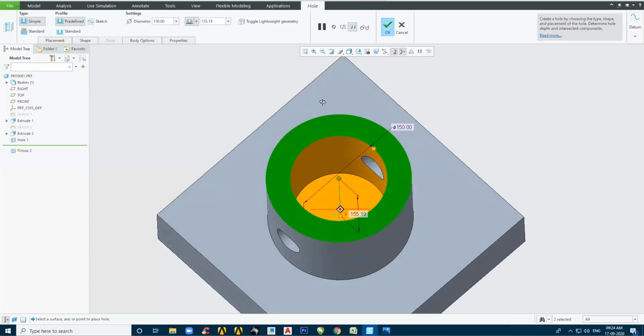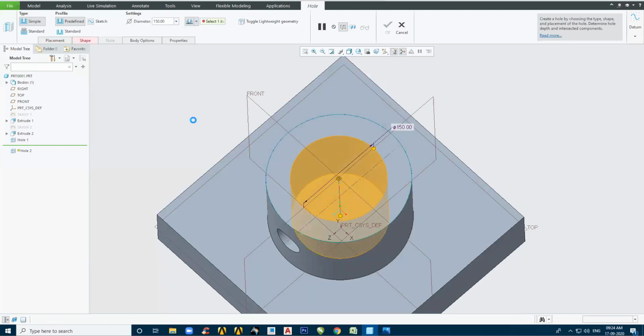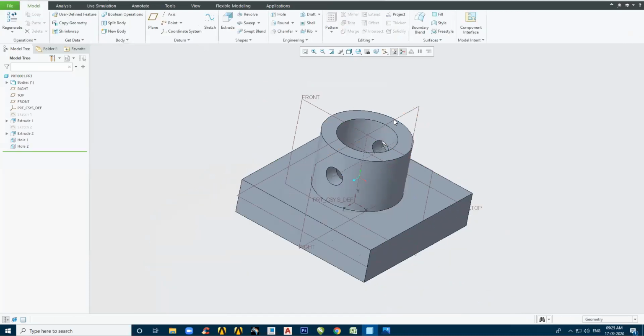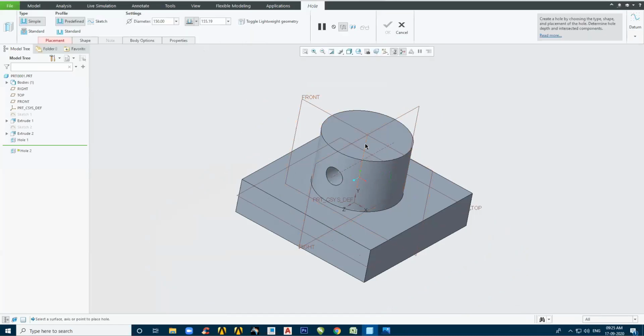Fine. Got it? It's a very simple type of hole. Coaxial hole. Where what we do is, let me undo. We give hole command, we click on the axis, we hold down control, and then we tell him the surface, whether it should start from this surface or this surface. So let it start from this surface. Holding down control, I click on this surface, a hole appears.